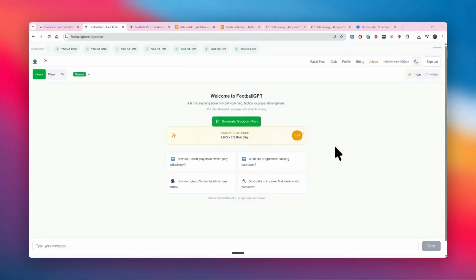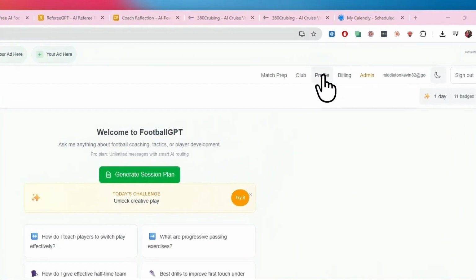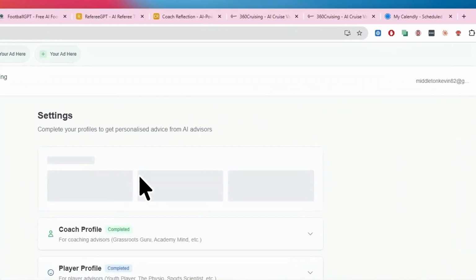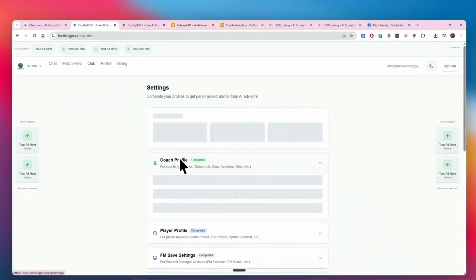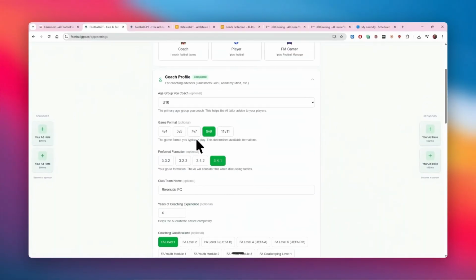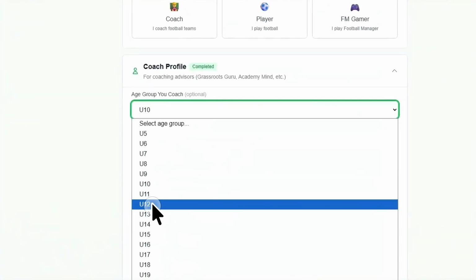Okay, that's been a lot of information, so let me show you this live. I'm going to walk you through FootballGPT and how to create a session. First of all, we need to create our profile. And to create our profile, we need to fill in certain elements. This allows FootballGPT to understand your context, as I said earlier on. So if we want to work on a session for my team at my age and stage, we have to then type in, give me a session on playing out from the back.